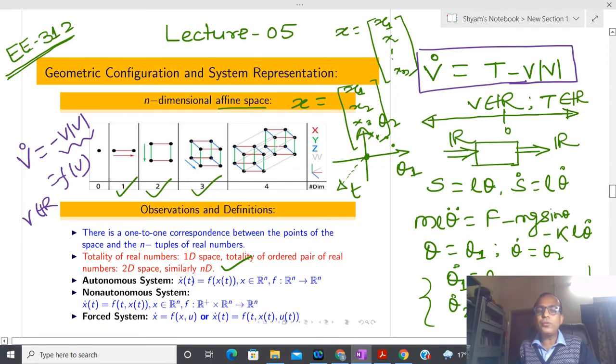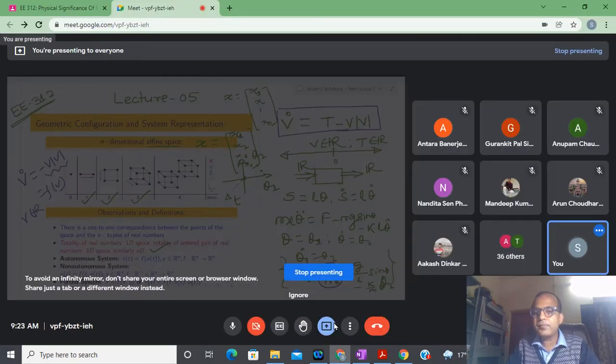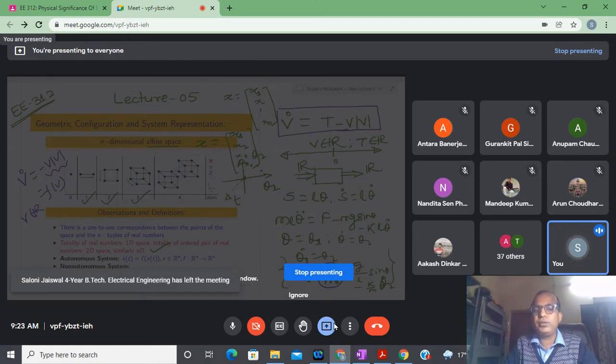And here, could you please guess what is x(t)? Anyone, could you please guess x(t) in the case of the pendulum system? Akash Didkar, could you please guess? Akash, are you here? Yes, sir. So could you please guess what is x in the case of the pendulum system? I have initially applied the force and after that I am going to remove the force.